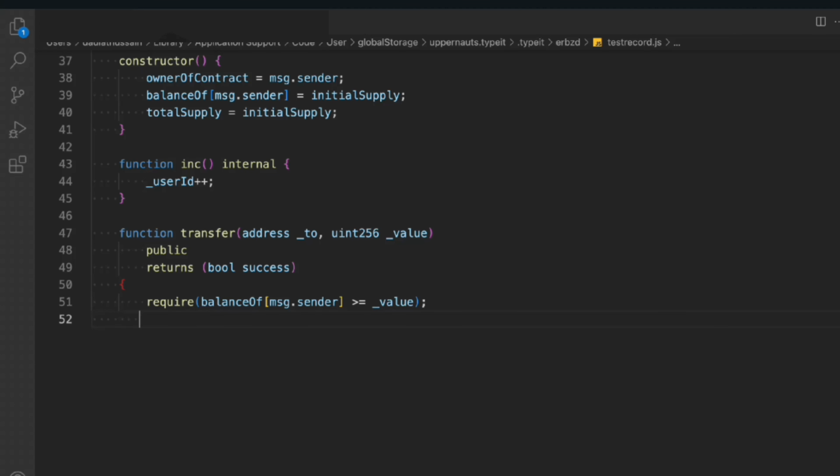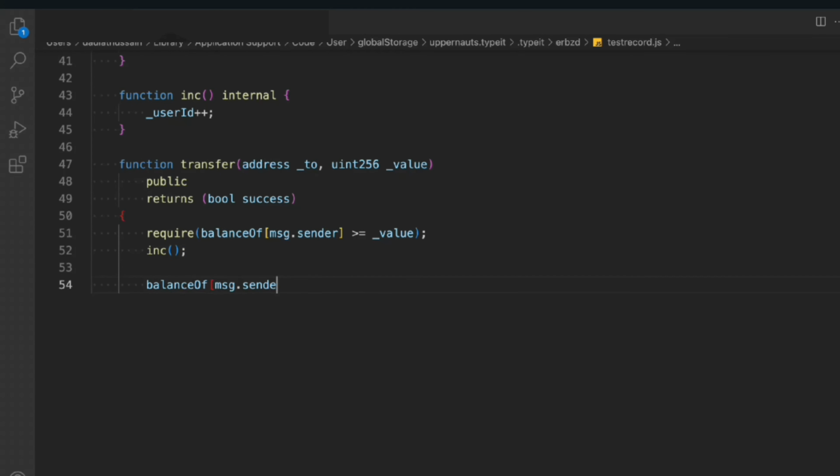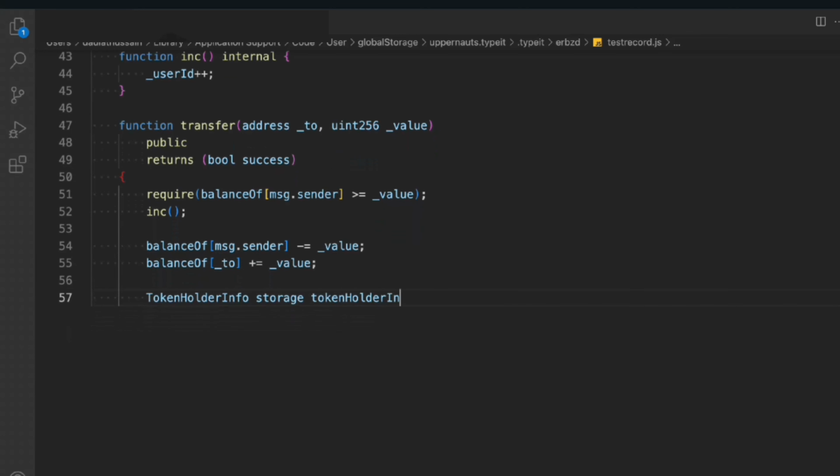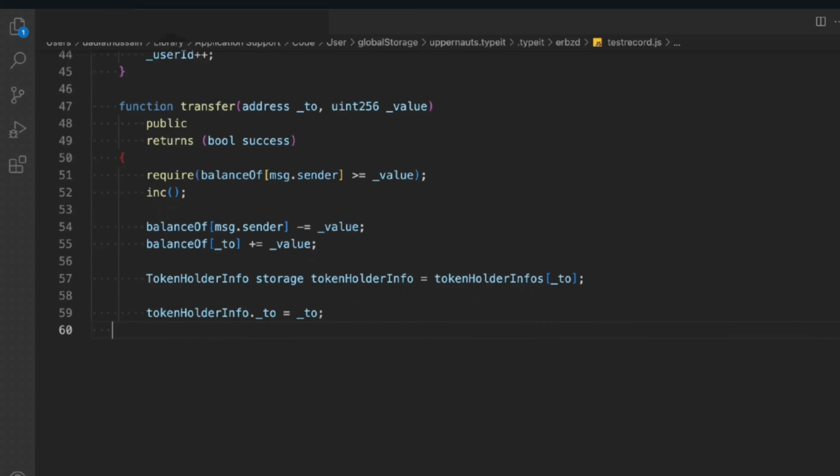Then we have to call this increment whenever the transfers take place, and then we have to simply minus the actual fund from his address, and we have to update the caller, sorry, the person we are transferring to. Then we have to simply update the entire information into a struct. We'll say storage token holder info, and we have to pass the address, and that way we can map it, and then we have to simply update the entire information to, from,